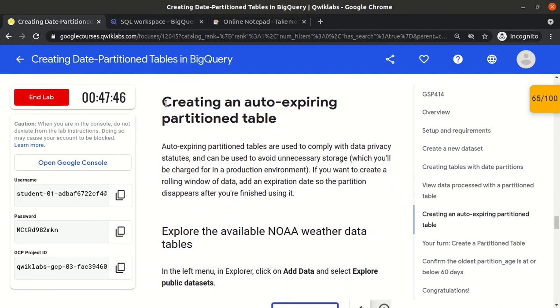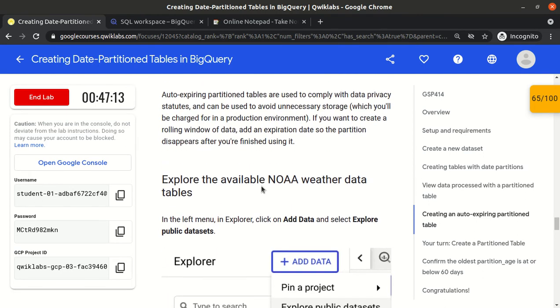Okay, till now we have created the partition table. Now we need to create an auto-expiring partition table. Sometimes there is a requirement, because a table contains some sensitive data, that the project says: make a partition table, but make it in such a way that it gets auto-expired after some number of days.